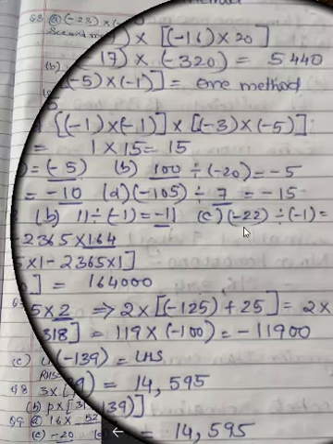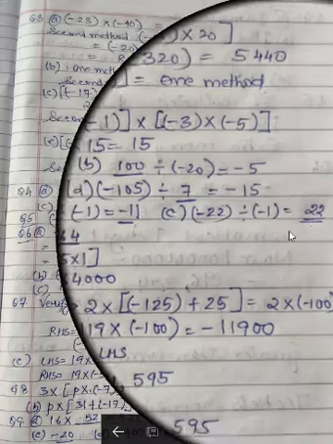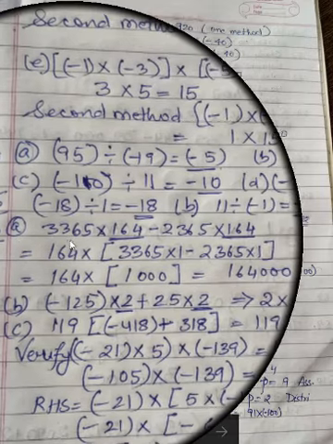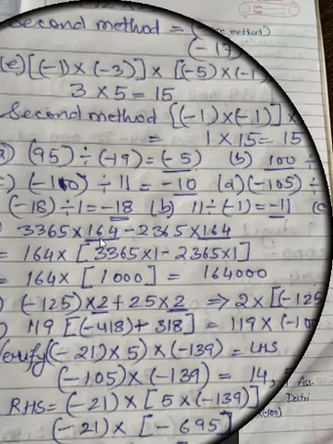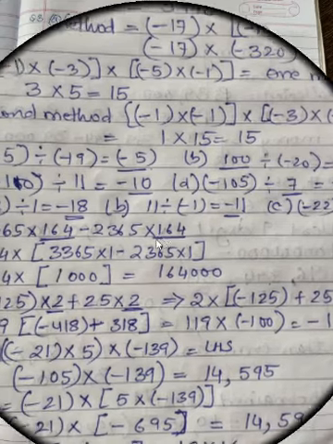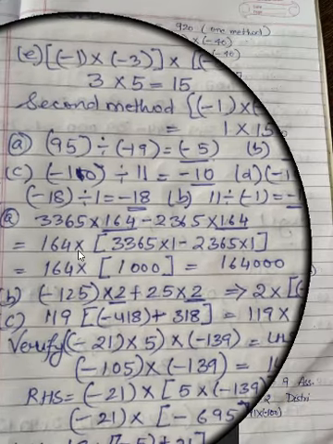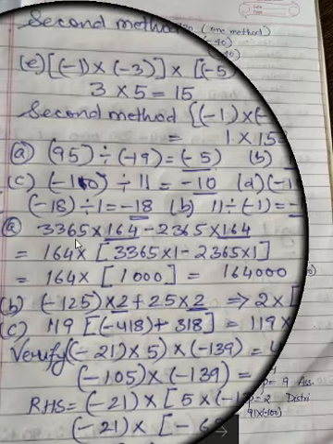And since both these numbers are negative, the result will be coming out to be a positive 22. Now question number 6, here we have to apply the distributive property. So here first of all I have underlined the 2 numbers, which are 164, as this is the number which is common. So what I've done, 164 I've taken out common and then I've opened the bracket and this number 3365